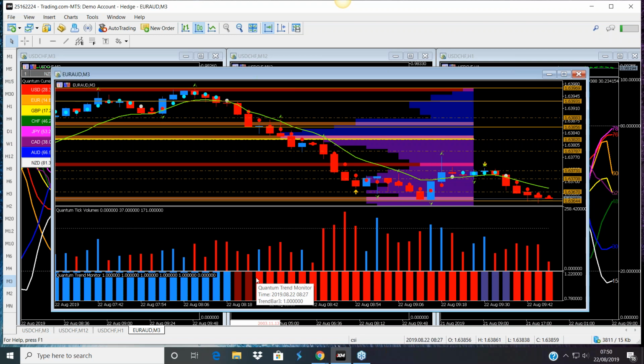So if you didn't come to your screen until after 6 o'clock and you say, oh my goodness, I've missed this move already, this is the little bit of move down, and you think, well, where am I going to get in here? Well, there are a couple of potential entry points. One of them is